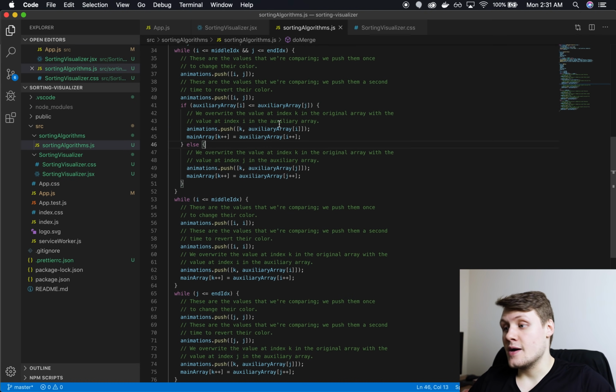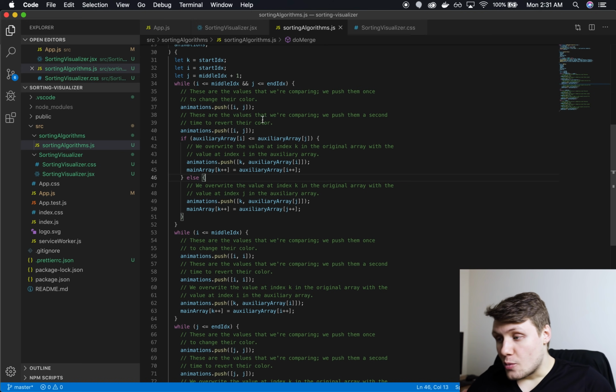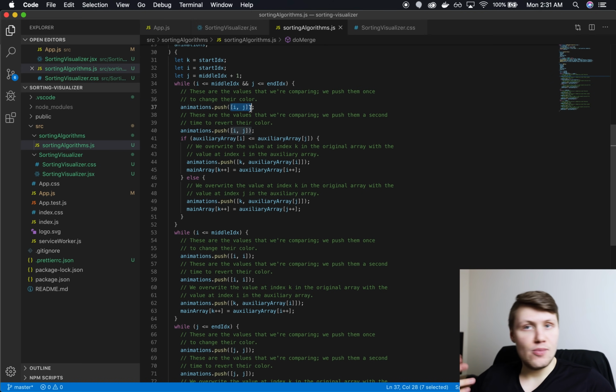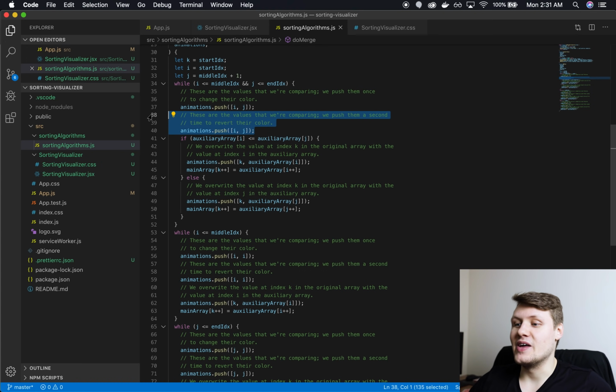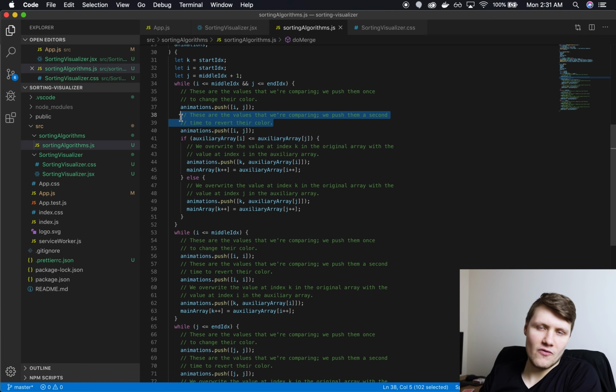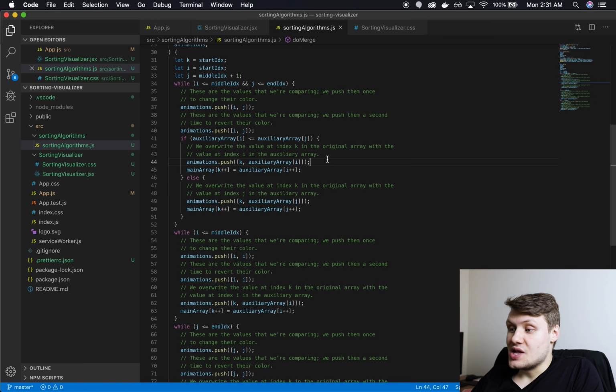Here, basically, I'm saying, okay, when we get to a point where we have to push, let's say i, j multiple times, we're going to do it here once and then a second time. And I'm being very intentional with the comments. It's even a bit overkill with the comments, just so that if you pull this repo or fork it, you'll have everything you need. And then we do the same thing with the overwriting,